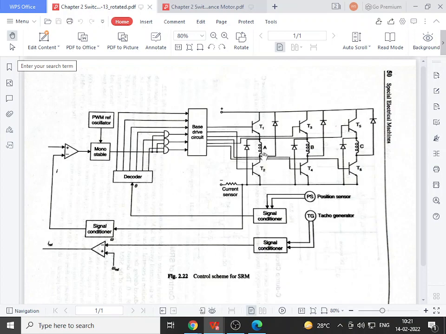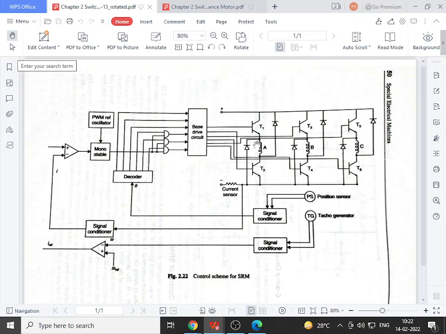So three-phase means three phase windings: winding A, winding B and winding C. These are the phase windings. Actually these phase windings consist of two halves, or two equal coils, which are placed diametrically opposite and connected in series. You are familiar with that construction. But for the sake of simplicity, here we represent the two windings with a single turn, a single coil. So coil A, coil B and coil C are the phase windings. The upper leg switching devices are T1, T3, T5 and the lower leg switching devices are T2, T4 and T6.